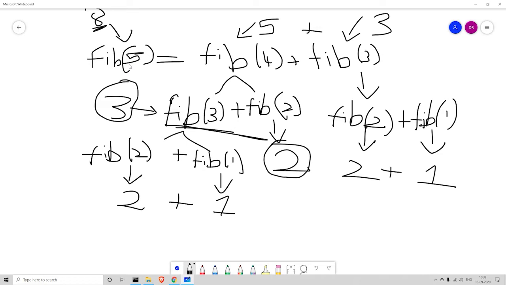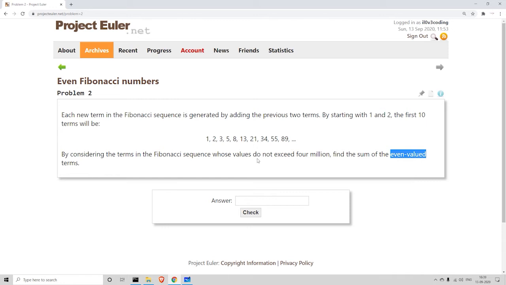We will find the Fibonacci terms, the fifth, the sixth, the seventh, the eighth, and then check the two conditions. To get the Fibonacci number, we'll write a separate function other than the main function.